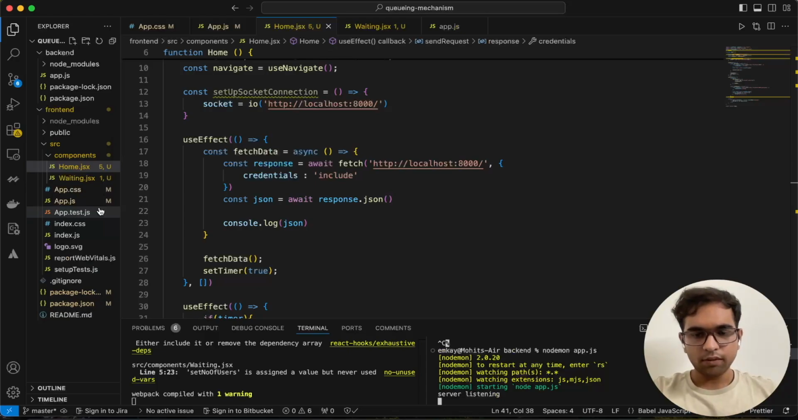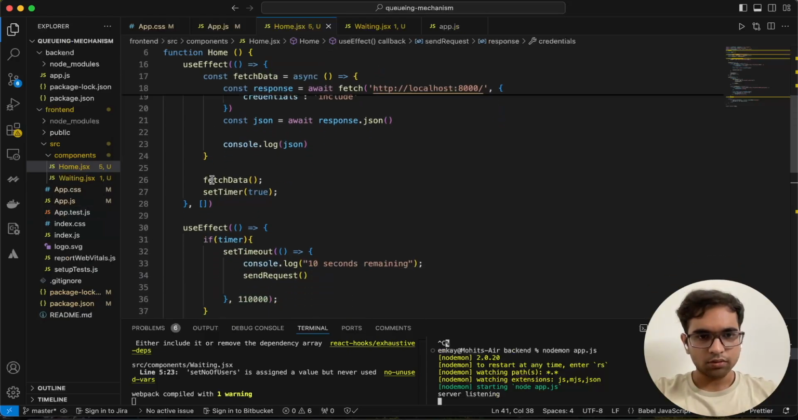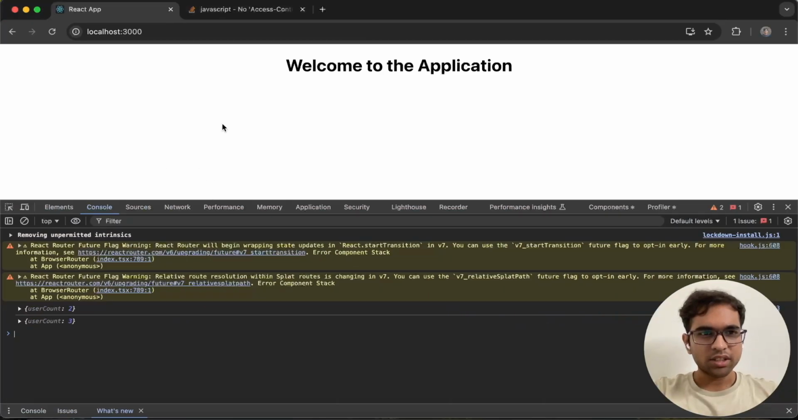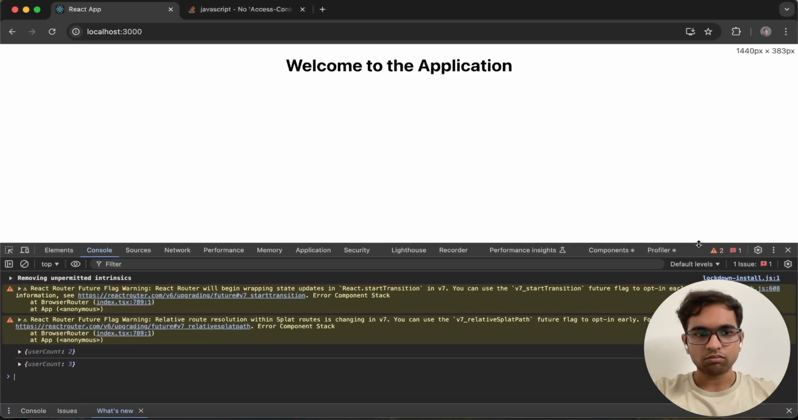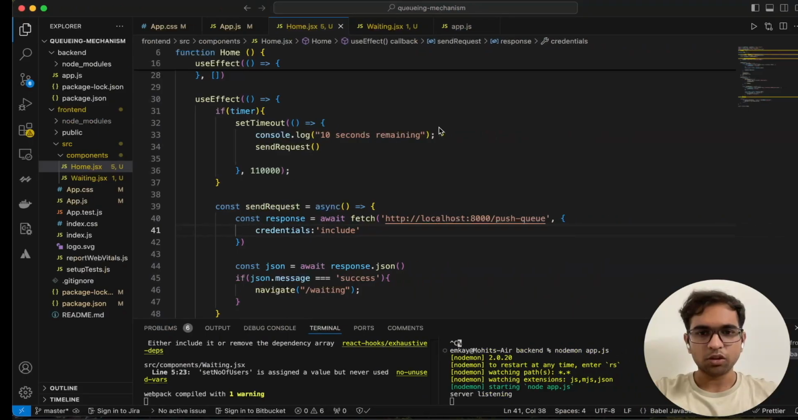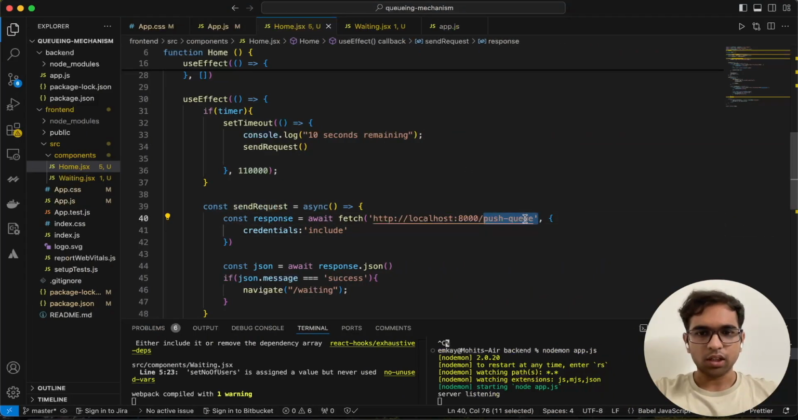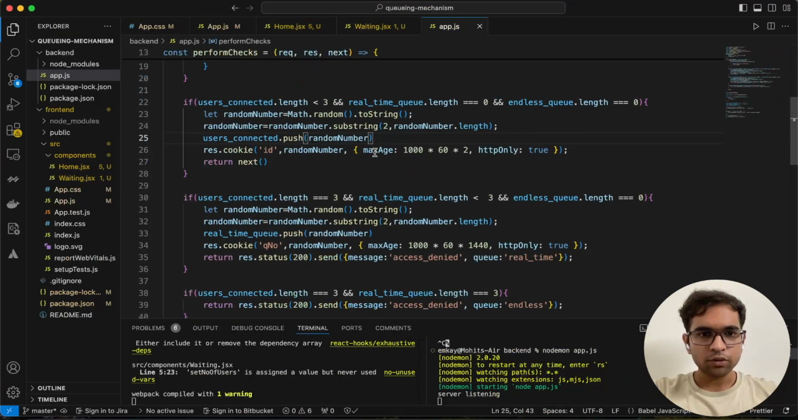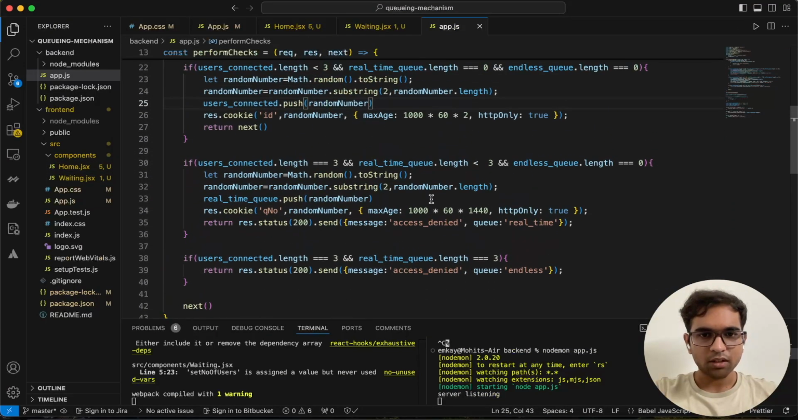Now let's see if after 2 minutes, if this request again comes up, we should see some kind of error over here because this route is not defined. So let's see if that comes up. Apart from that, now we also have to set up the application for